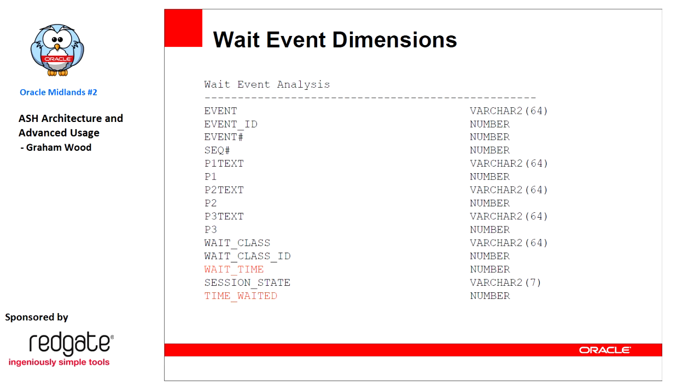For each wait event, we have those of you who remember looking at wait events yourself. They used to be P1, P2, P3. So we have those, but we also have the names of what each one of those parameters represented. Two most important columns here are wait time and time waited. And I was expecting that to be a slide on those. So